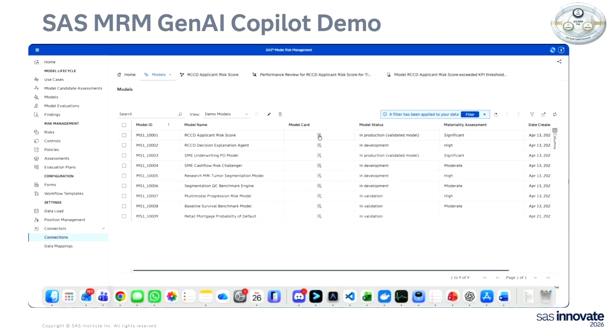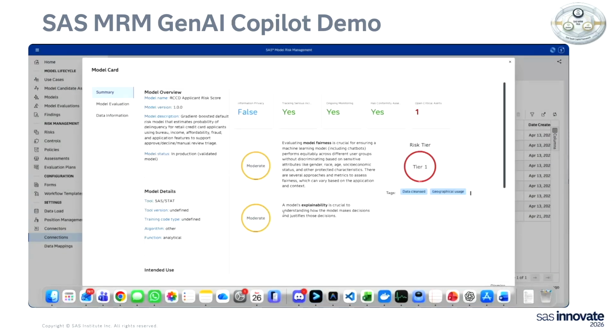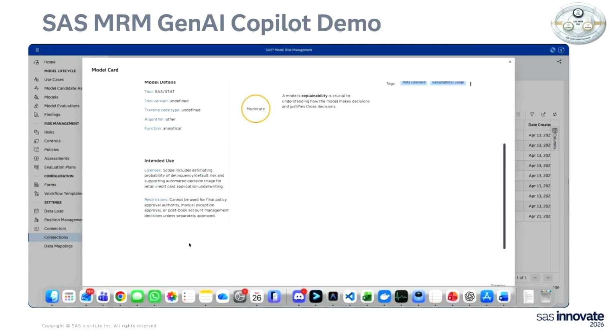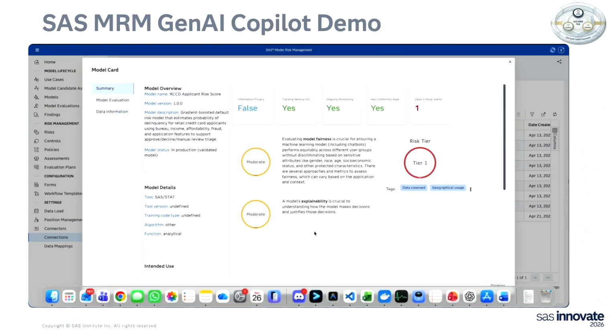And finally, on the main view of the models, this is the model card, where you get summarized information of the model. You get some of the details, some of the main scoring information, like fairness and explainability of the model itself. As you can see on the top, that critical issue that we just analyzed was also reported on the model card. So you don't have to go and fish for the information. It is already available within the UI itself through the model card.